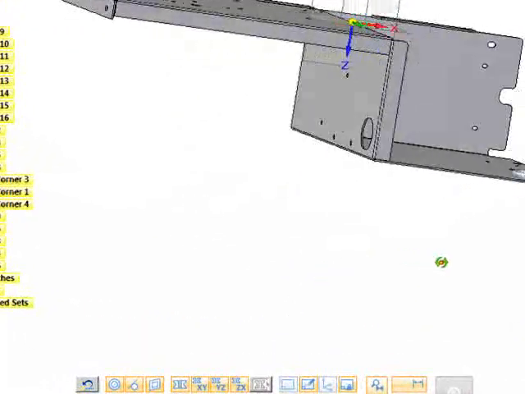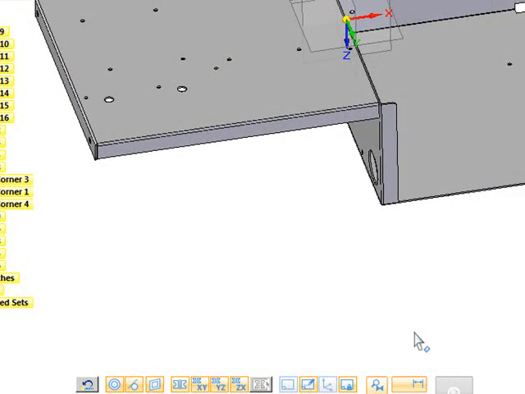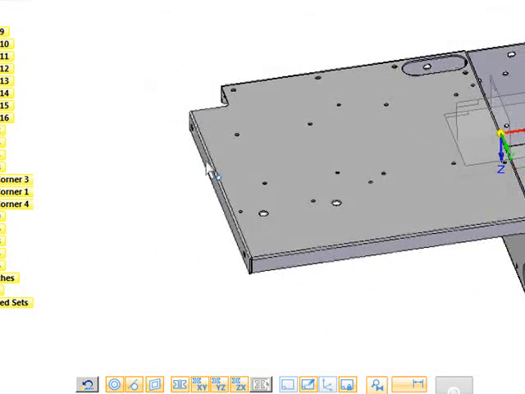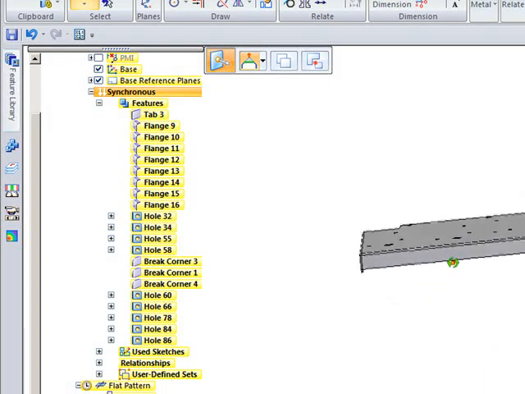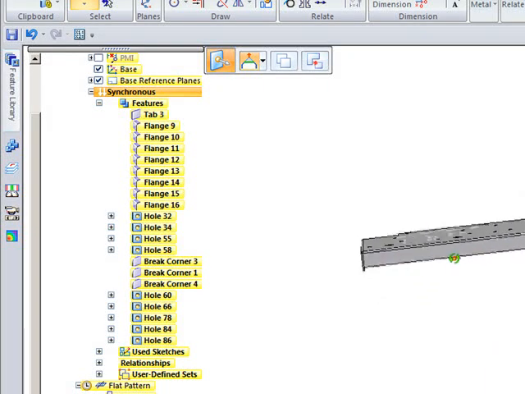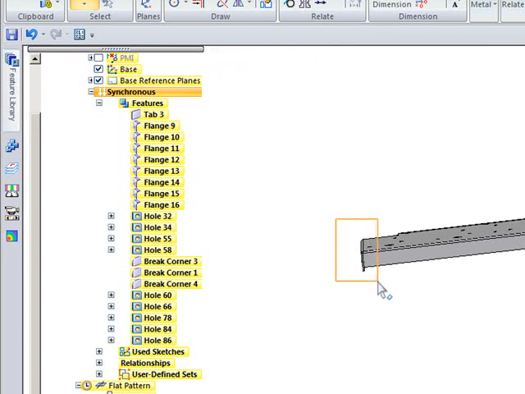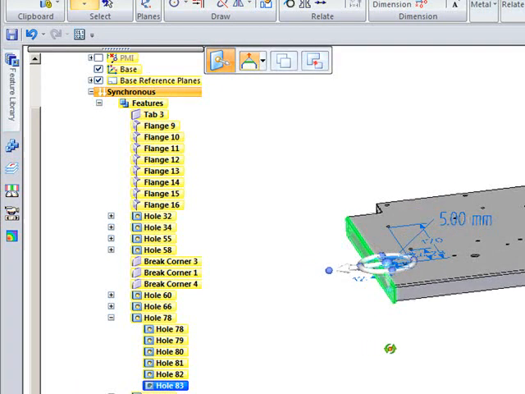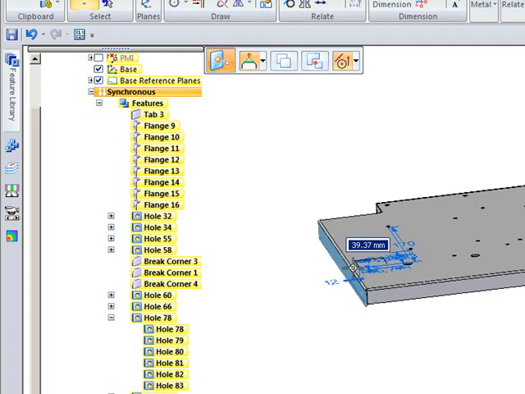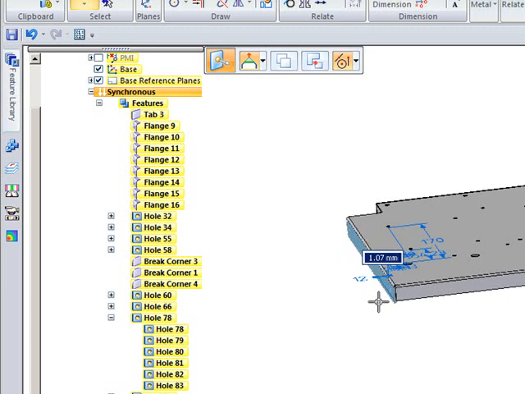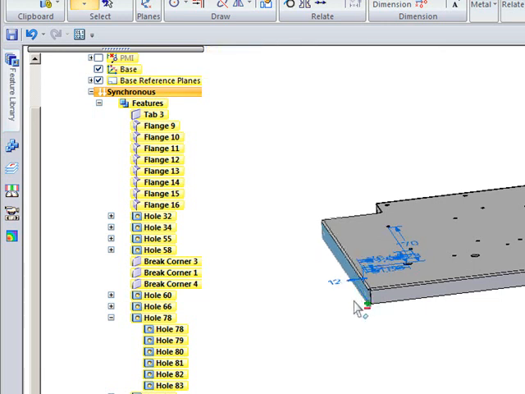Other things we can do, now you'll notice that we've got a tab here, and we've got a side flange which are not connected. So if we want to extend this out, we can just zoom in on a certain area, do a fence selection, and that gives us the ends of the flanges as well. And as we click on that, you can see that we're actually moving the whole flange, as well as the hole that was in here and the side flange as well. If we escape out of that,